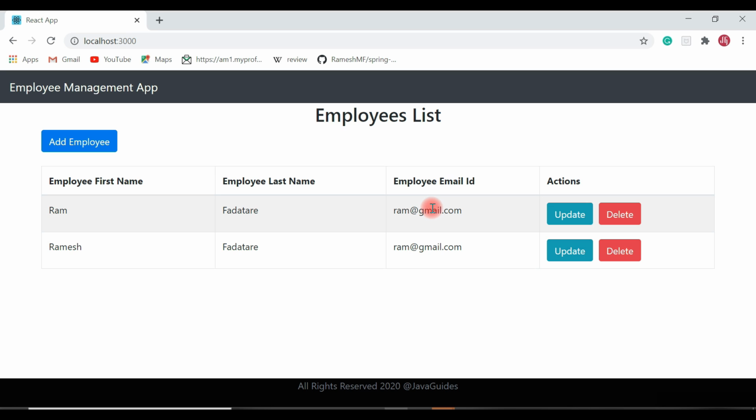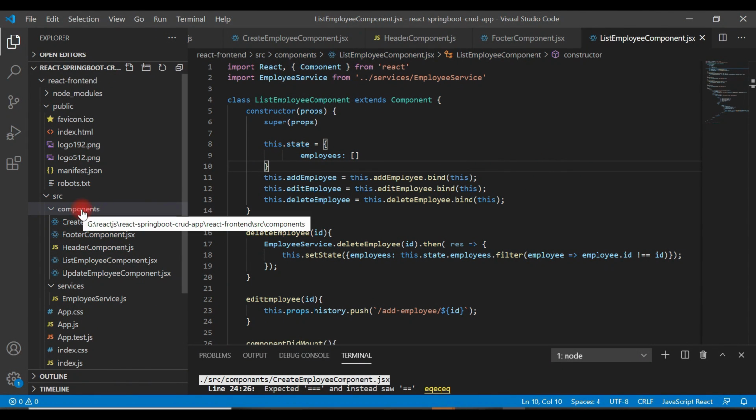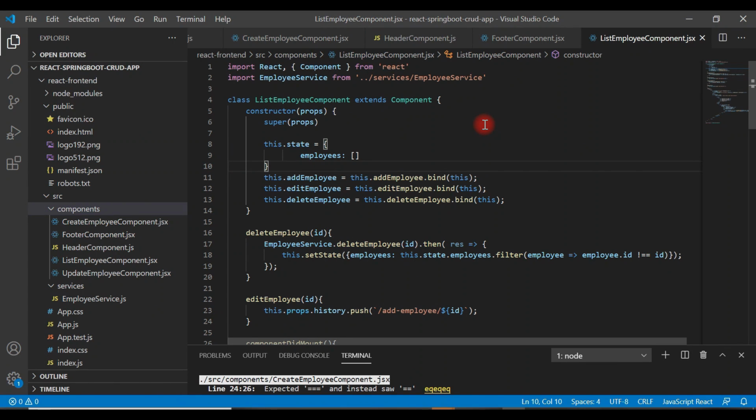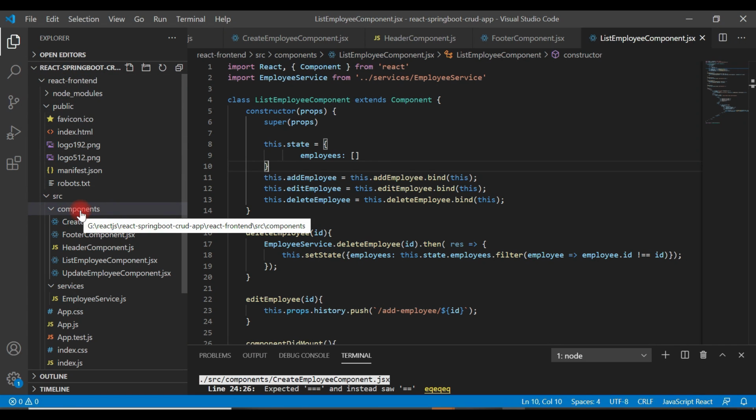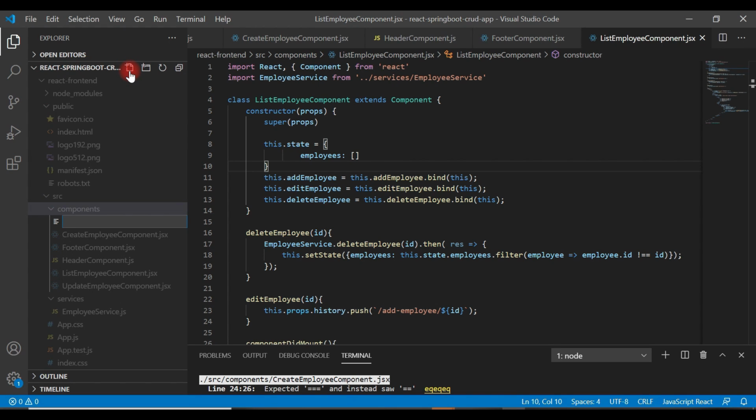Okay, let's go ahead and create a React component to add this functionality. Let's implement this functionality step by step. You can just follow the steps that I am going to implement here right now. Go to the Visual Studio Code IDE, and the first step is we are going to create a new component called view employee component. Go to the components folder. Within the components folder, we are going to create a file called view employee component. Click on new file and just give a name to the file as